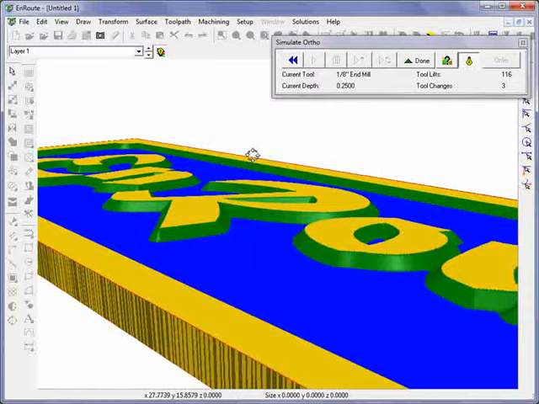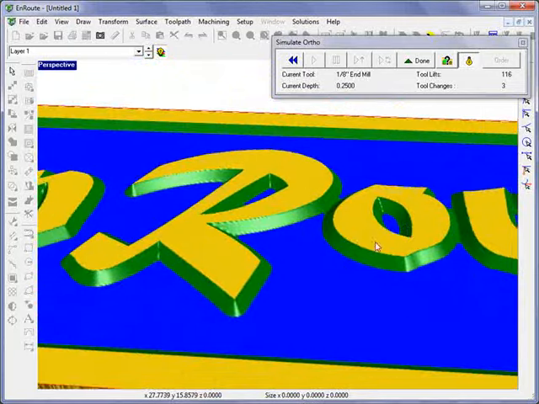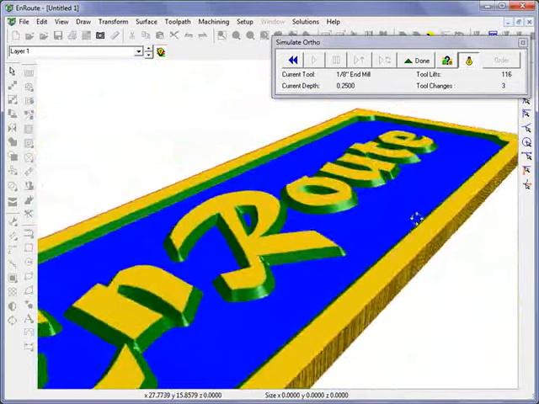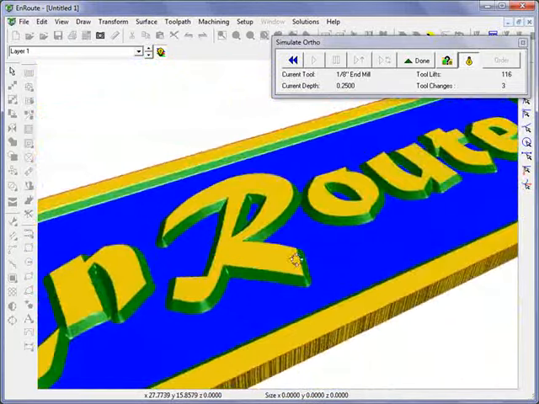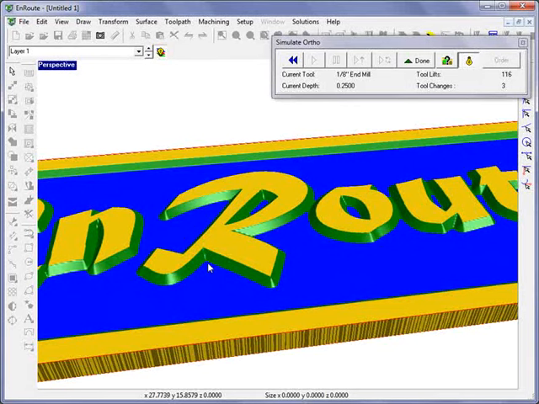changes nicely when I rotate the part around, and we can see the different colors of the tools: green for the tapered bit that did my clean out pass and a little bit of a fine tool, and the 1/8" end mill and the flat end mill were both blue tools, so everywhere they cut will show up